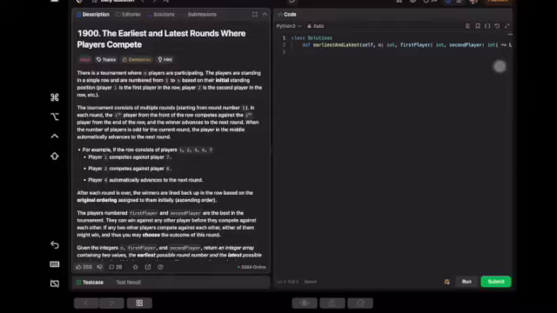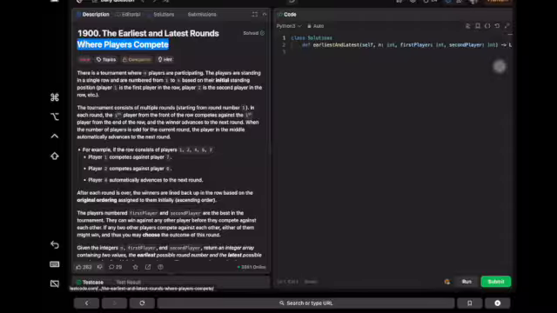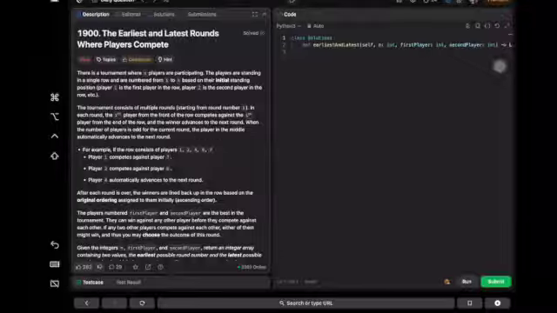Today we are going to solve the LeetCode Day 12 challenge, which is the earliest and latest rounds where players compete. So what the question states is, there is one tournament wherein players are participating. They are standing in a single row numbered from 1 to n on their initial standing. Player 1 is the first player and player 2 is the second player, etc. Player n is the nth player.